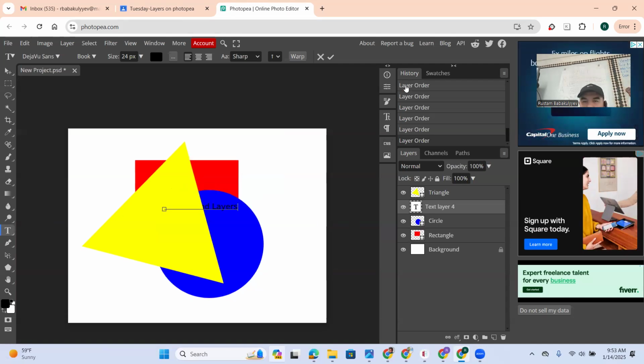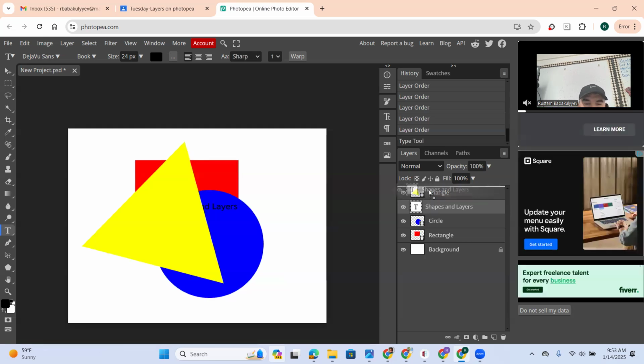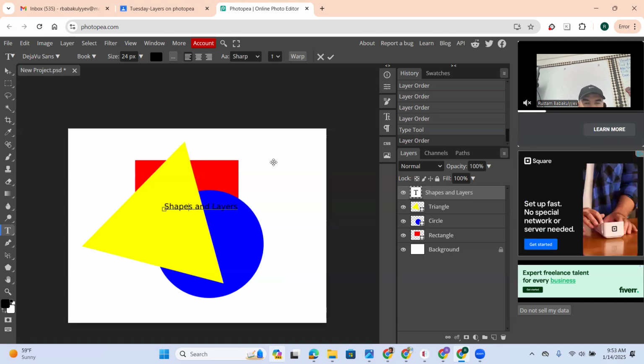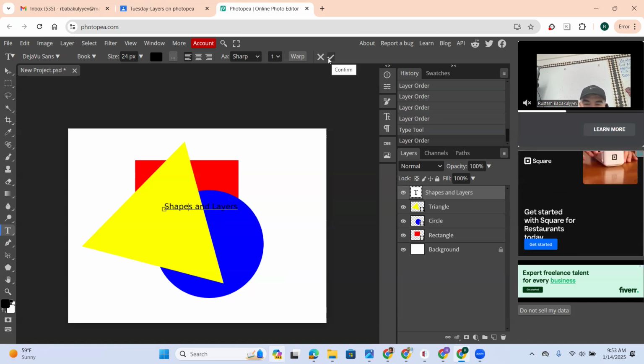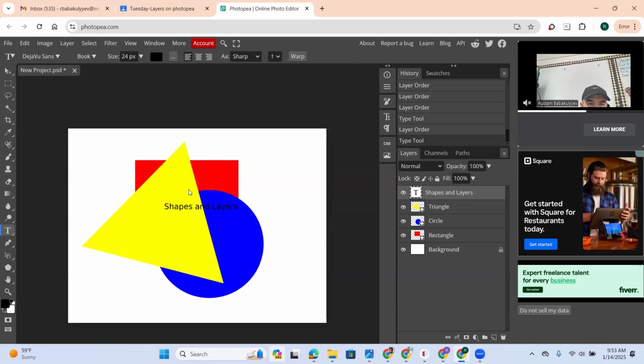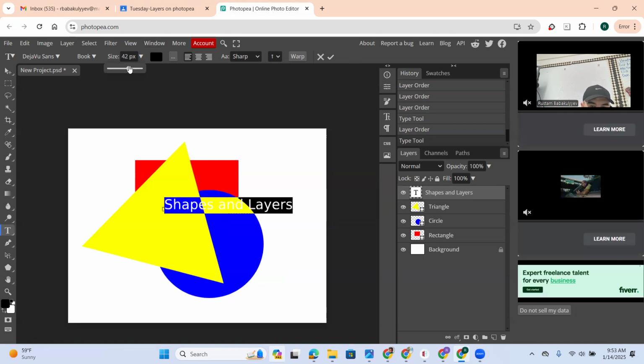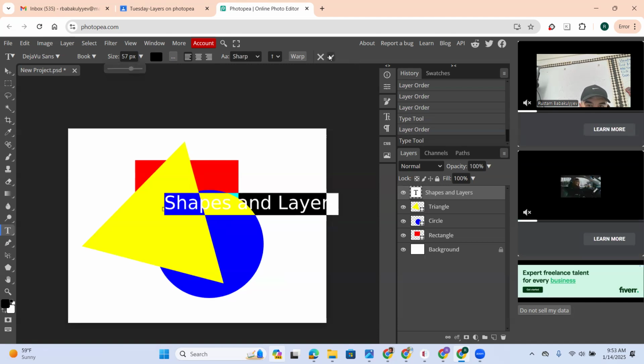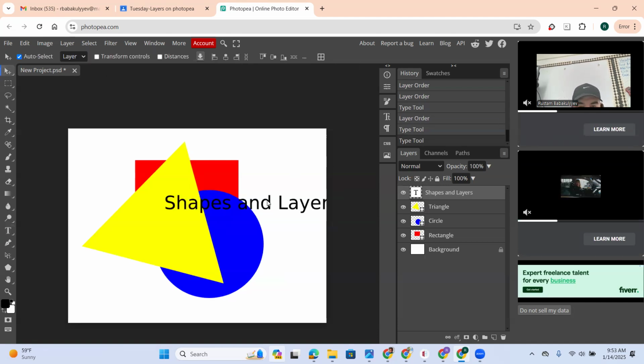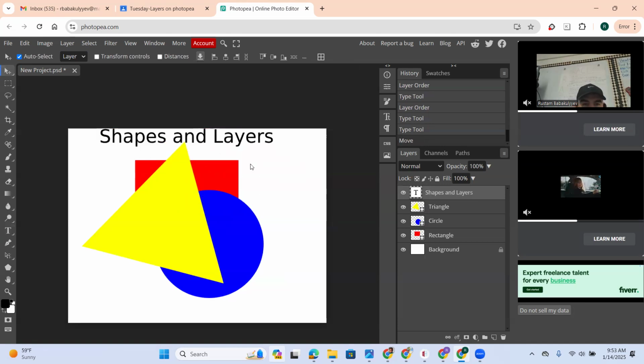All right. Now, after you're done typing, you're going to click on this check right here. You see check sign? Okay. Now, if you were to move this text to the top of the stack, you're going to see it. Am I able to change the size of my text? Yes. How? You just double click and highlight it and then change the size from 24 to something bigger, like this. All right. Now click on letter V, move it here,